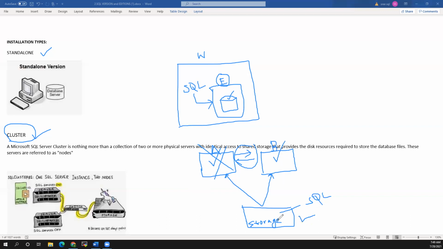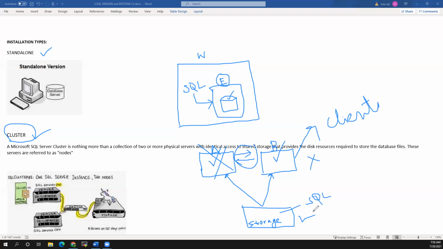B can connect to the same storage and serve the clients. If something goes wrong with B, A will be available as a standby and can serve the clients.